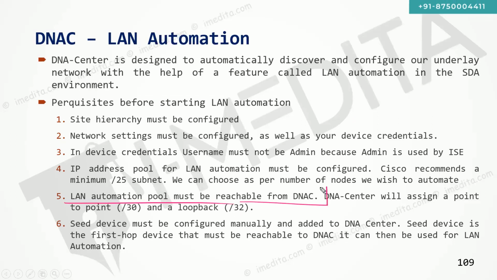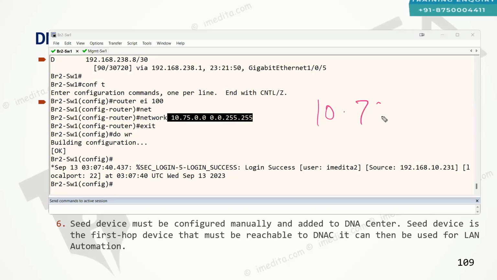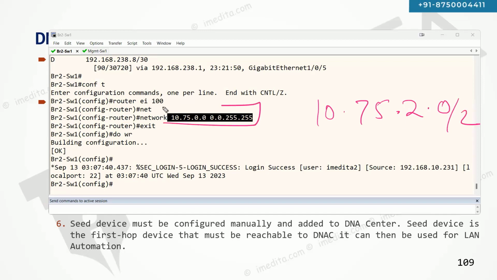So the LAN automation pool must be reachable from the DNS center. For example, there is a question. The question says that we don't actually need to advertise the entire /24, because in branch 2 we are anyway using the 10.75.2.x subnet now. So we don't need to advertise this entire pool. But